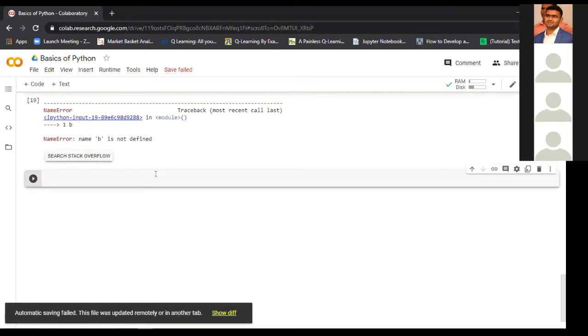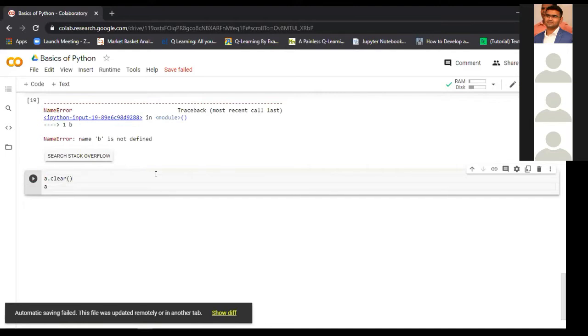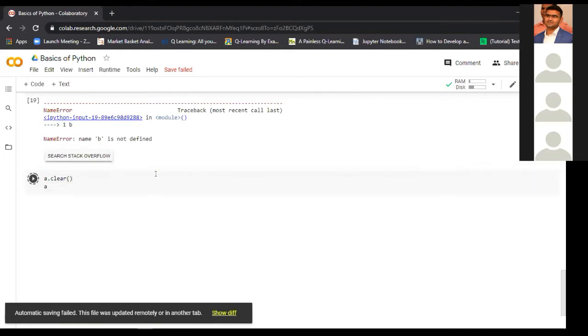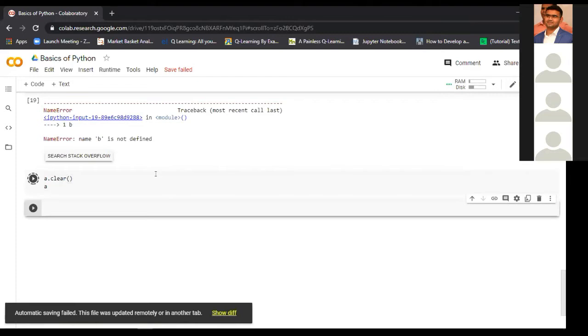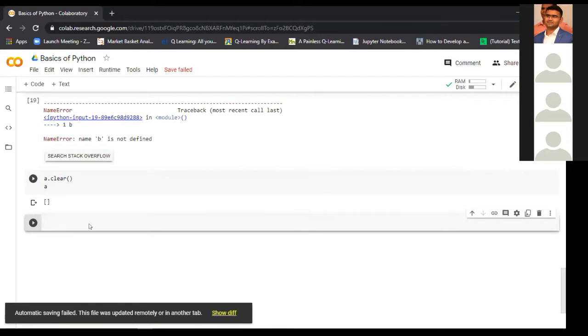If you want to clear the list, if you type like this and print the a, it will show that a is empty now. It will just show the two brackets with no elements in it. So as you can see, there are no elements present in the list.